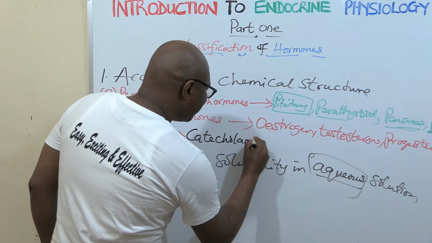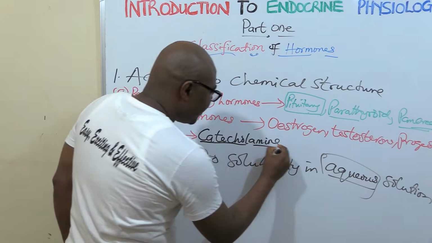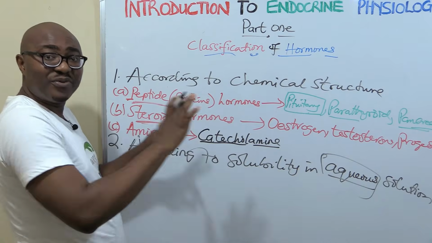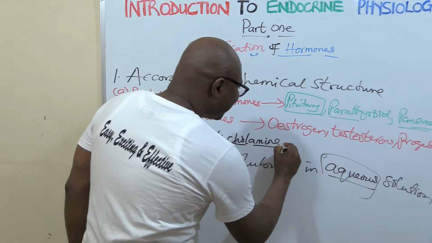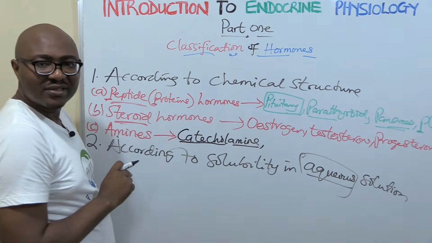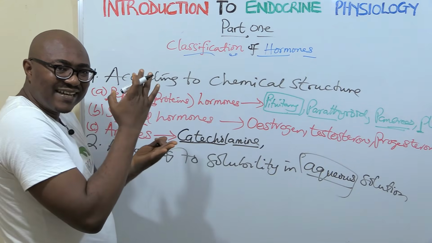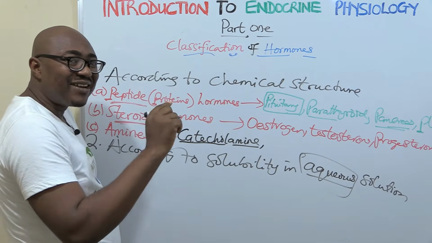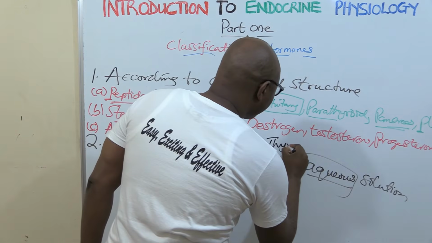Catecholamines. Okay, catechol and amines. Catecholamines, that's norepinephrine and epinephrine. Then you also have the thyroxine, thyroid hormones. They are amines too. They are synthesized from the amino acid called tyrosine. Okay, so thyroid hormones,